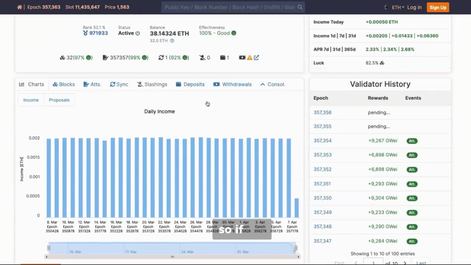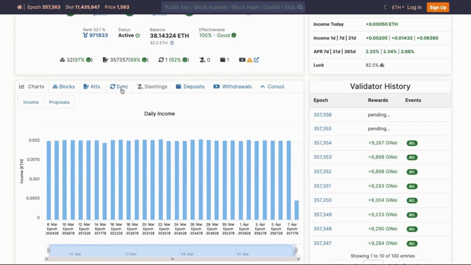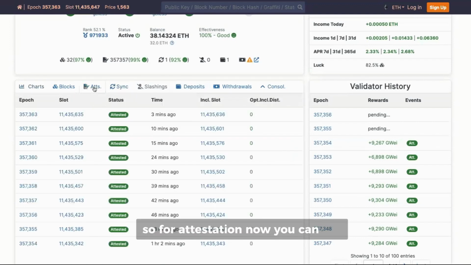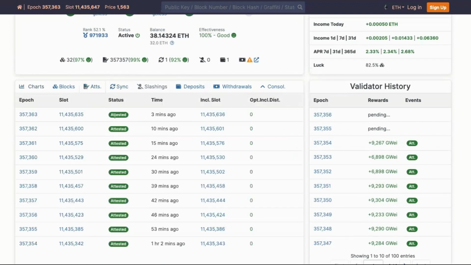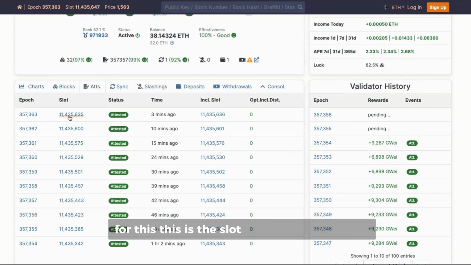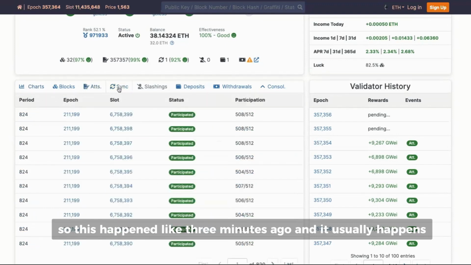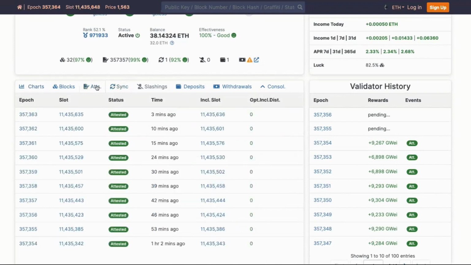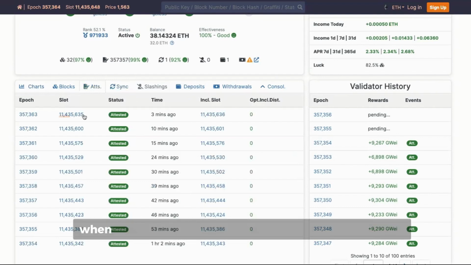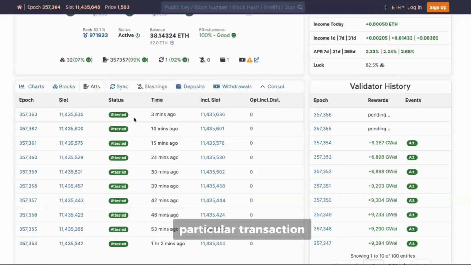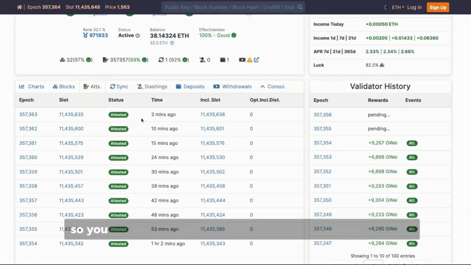So for attestations now, you can see this is the slot and this is the epoch. This happened like 3 minutes ago, and it usually happens when this particular validator is being selected to attest a particular transaction. You can also check how you can get this